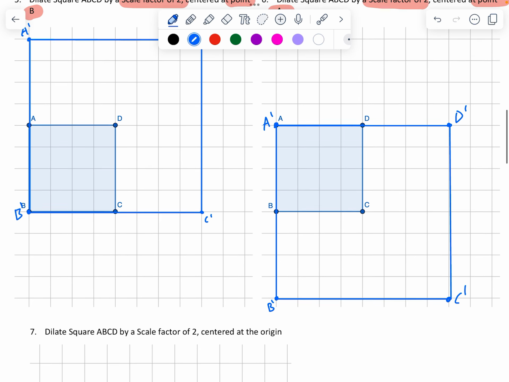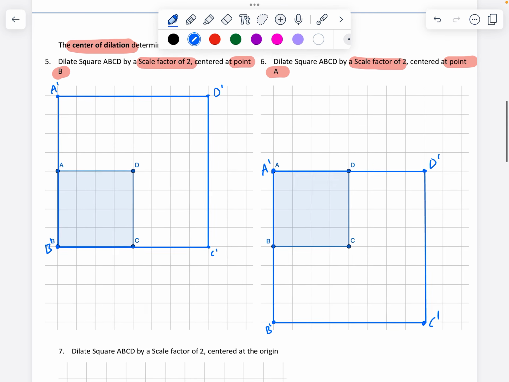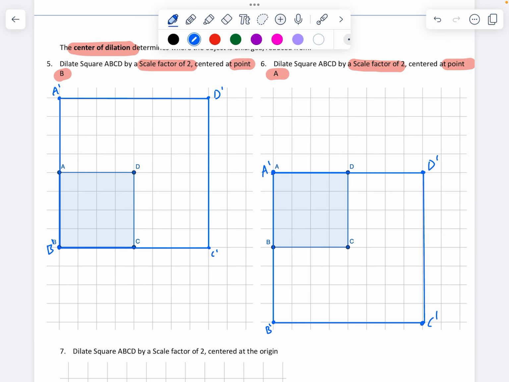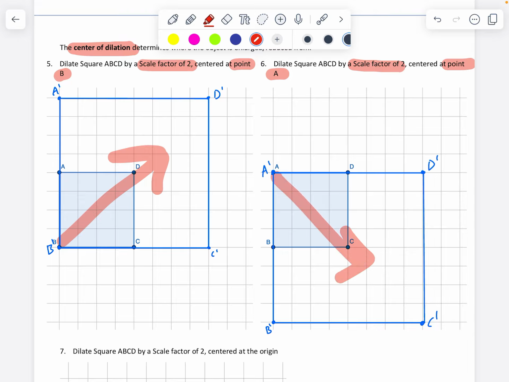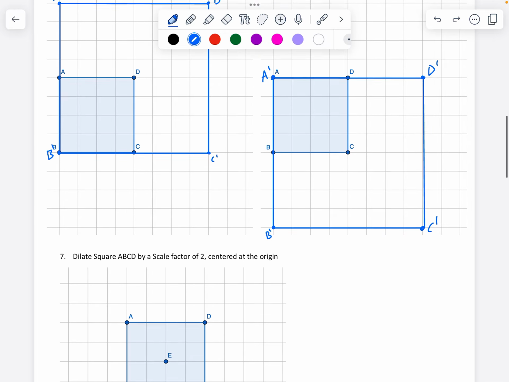So you can see by looking at these two examples that where the center is, it doesn't affect how big the new shape ends up being. It just affects where it goes, right? So when we had B, our shape went in this direction, whereas when our center was A, our shape went in that direction, okay? Now, the last thing that we're going to talk about,